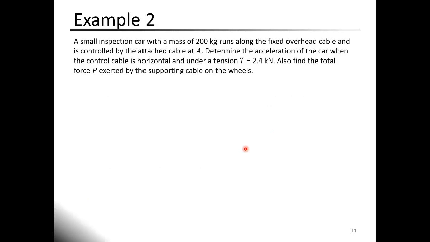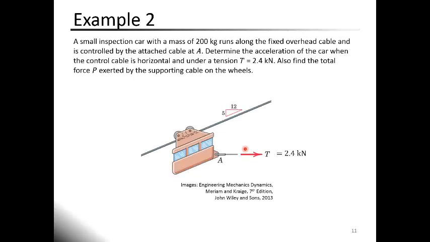Another problem here. So we have example 2. We have a small inspection car. The mass of this car is 200 kilogram. It runs along the fixed overhead cable. So we have an overhead cable here, and this car runs along this cable, and it is controlled by the attached cable at A. So we control the car either moving up or down using this cable,